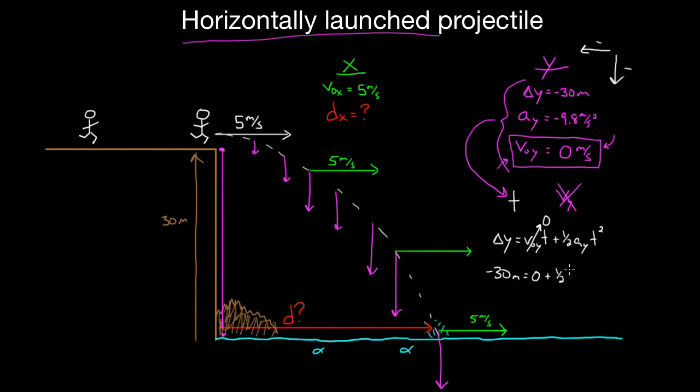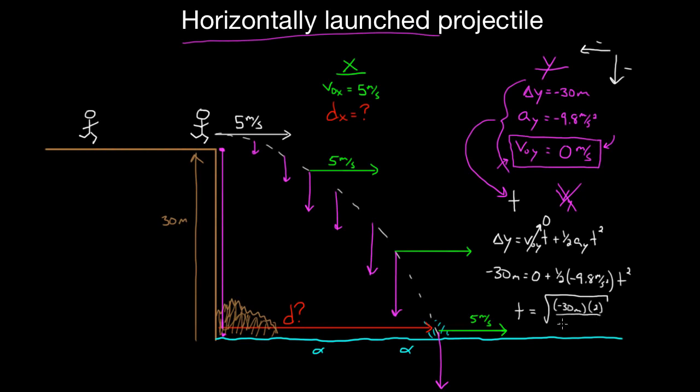Plus 1/2, the acceleration is negative 9.8 meters per second squared, and then times t squared. All right, now I can solve for t. I'm going to solve for t, and then I'd have to take a square root of both sides because it's t squared. And what would I get? I'd have to multiply both sides by 2, so I get negative 30 meters times 2,